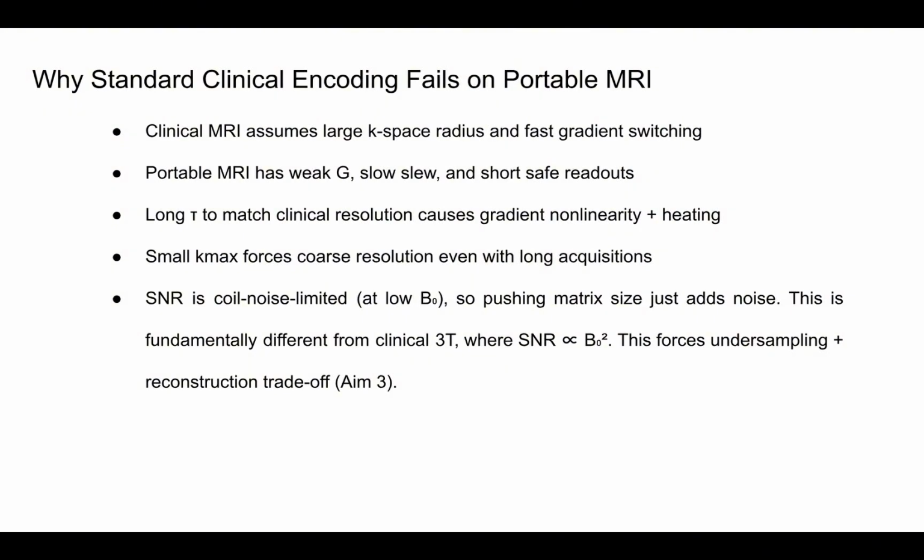limits very quickly. More importantly, at low B naught, the SNR is not body noise limited. Like in 3D, it becomes coil noise dominated. That means increasing the matrix size or pushing for more small voxels only adds noise without adding real information. So in AM3, we'll explore how modern reconstruction methods can overcome this constraint by exploiting coil geometry, sparsity, and learned